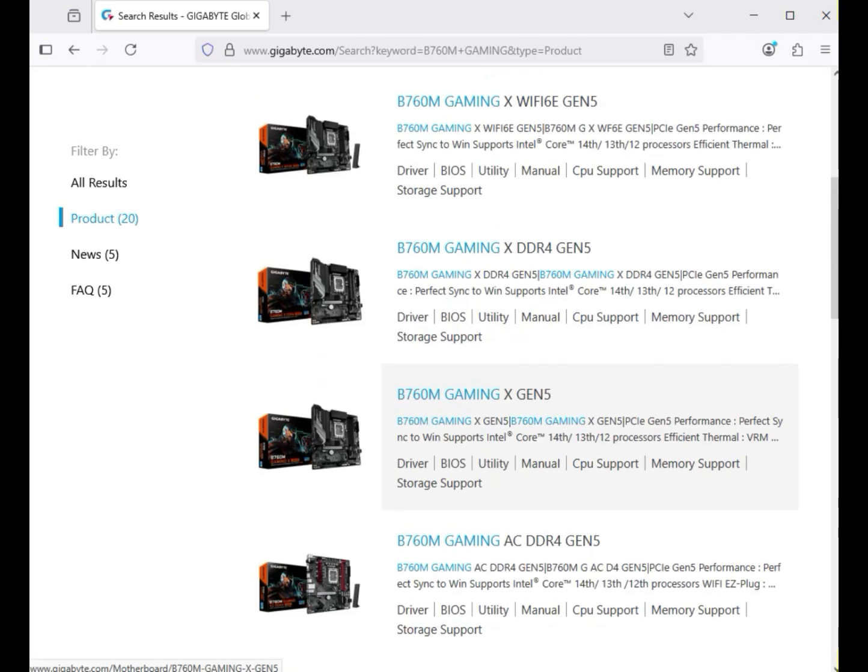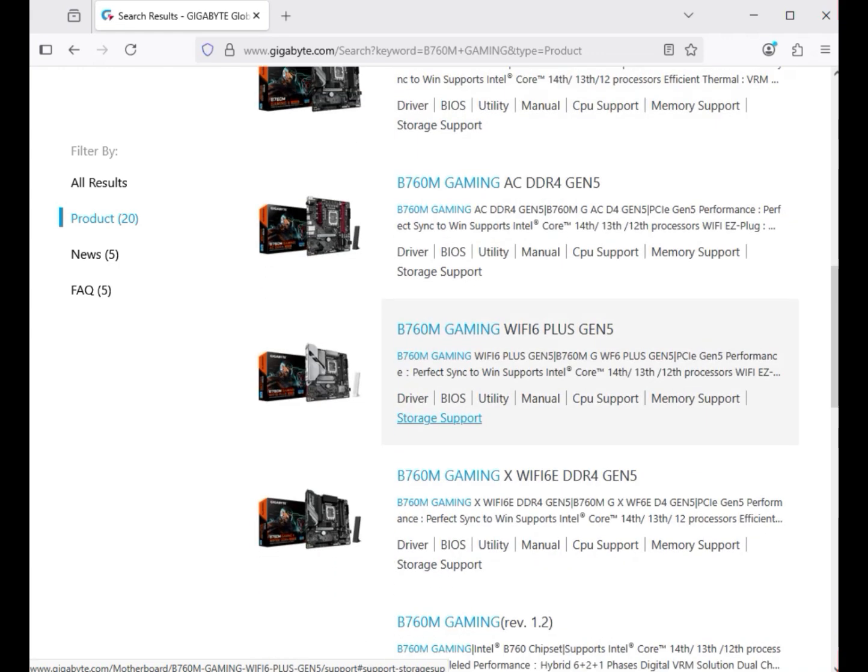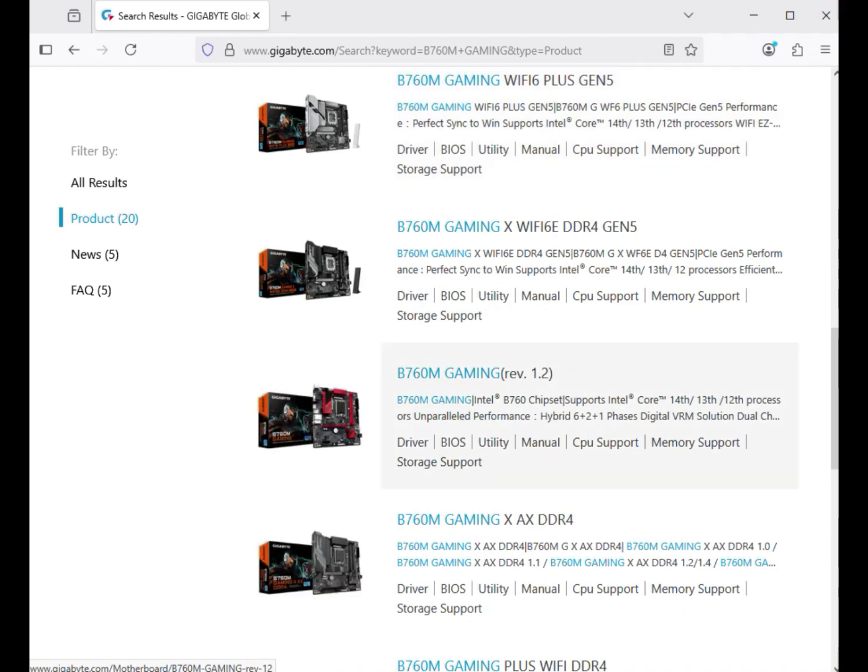So find out your motherboard model, B760M Gaming. So this is your motherboard. If you have one, this is revision version 1.2, so no worry, because the driver is also the same. If you have 1.0, 1.1 or 1.2, no worry, just click on the model number,